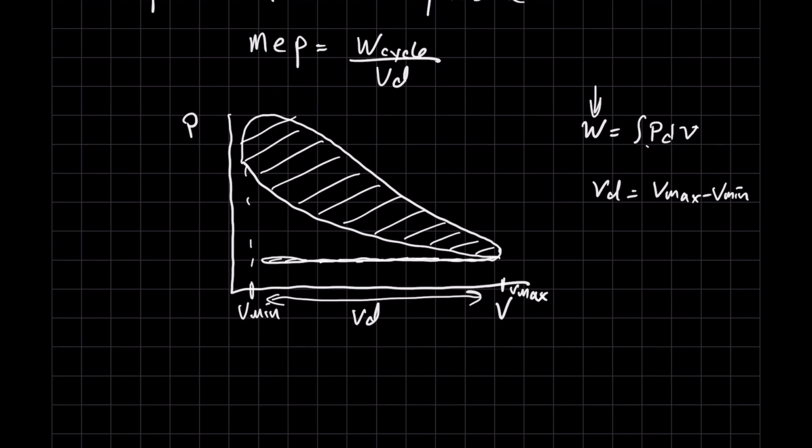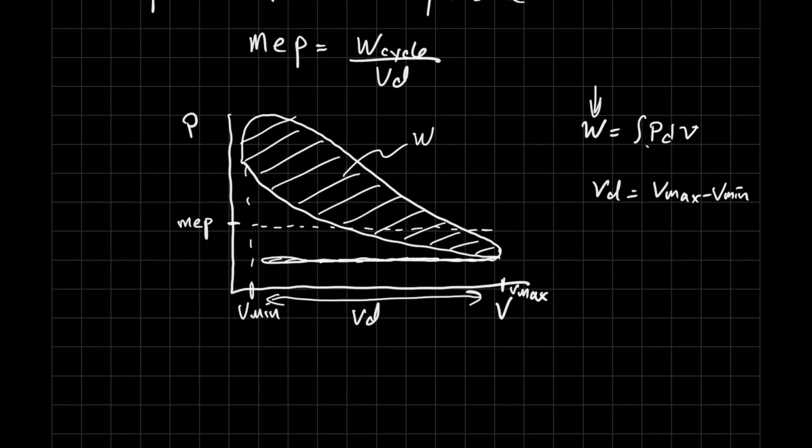So what the mean effective pressure is doing is basically identifying an average pressure where, if that stroke was constant pressure, that constant pressure times the displaced volume would equal the work under the actual curve that is occurring, okay? So I know that was super confusing, okay? I'm sorry. Another way to say it is that